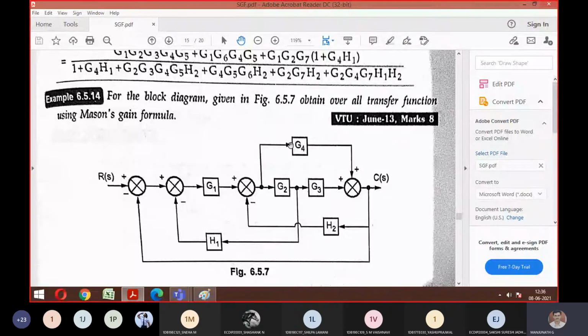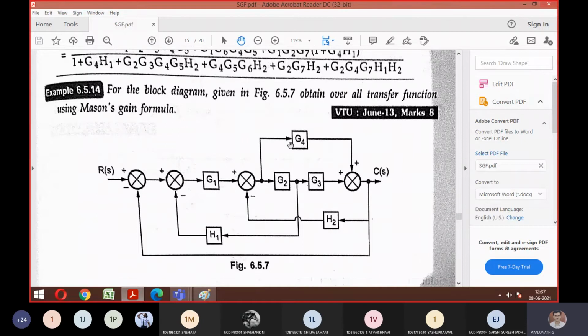Okay. So yesterday we went through the concept where, at the beginning of this chapter, as I told, there is a signal flow graph to be drawn, given the block diagram. So that we already covered, right? It's the same continuation. Given a block diagram, you're supposed to write a signal flow graph. From there, the same concept you are supposed to follow to find your transfer function. Okay. So let's move on with the things we learned yesterday.